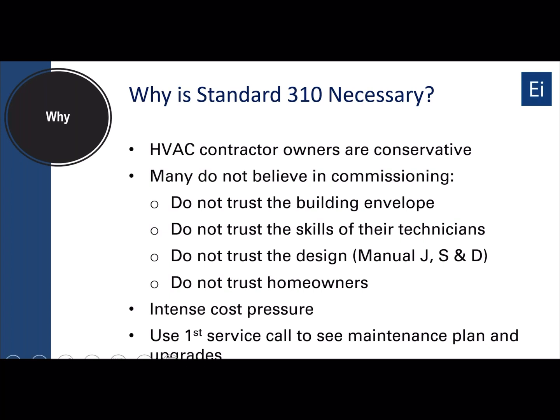Yet on top of that, intense cost pressure makes it very difficult to pay more to try and retain staff. And some contractors, frankly, view their first service call as an opportunity to sell a maintenance plan and upgrades that builders aren't very good at selling. So they don't mind that first service call because it's really a selling opportunity. So when you put all that together, you don't get a lot of HVAC contractors that really believe in HVAC